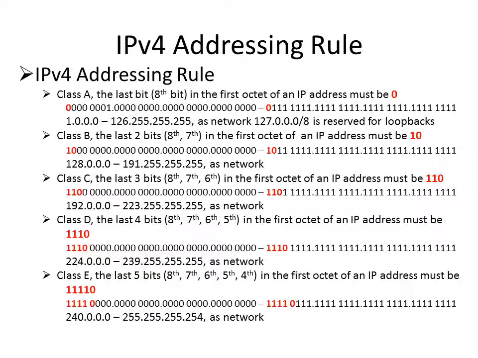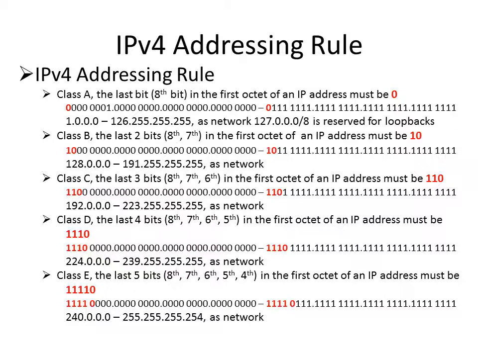Okay, and then here we can see that we have 128 plus, so this is the end of the range for class B. We have 1 0 1 1 1 1 1 1 for the first octet, and from that we get 191, and that is again the end of the range for the first octet for class B addresses. So for class B addresses, we have a range going from 128.0.0.0 to